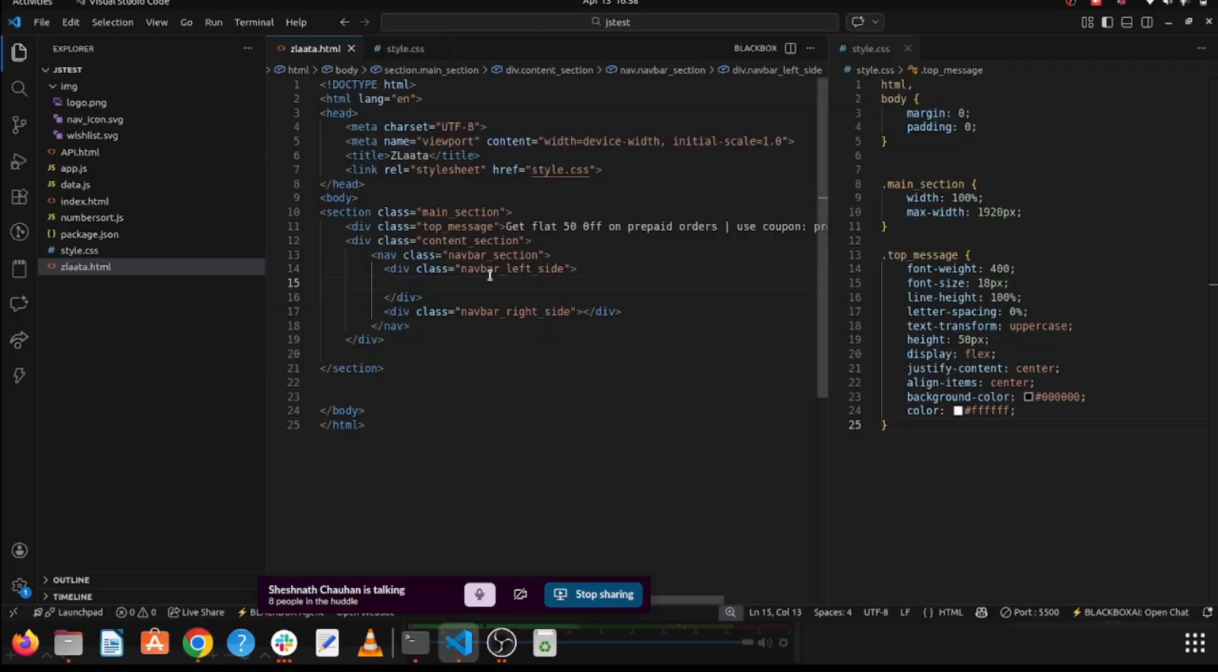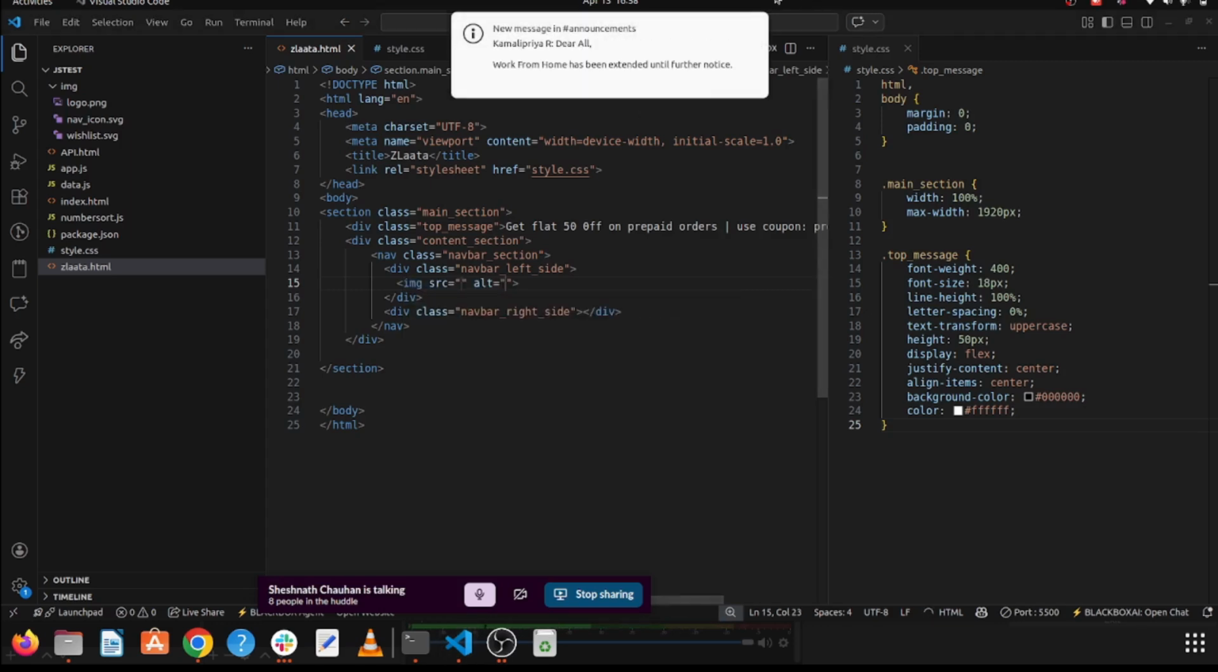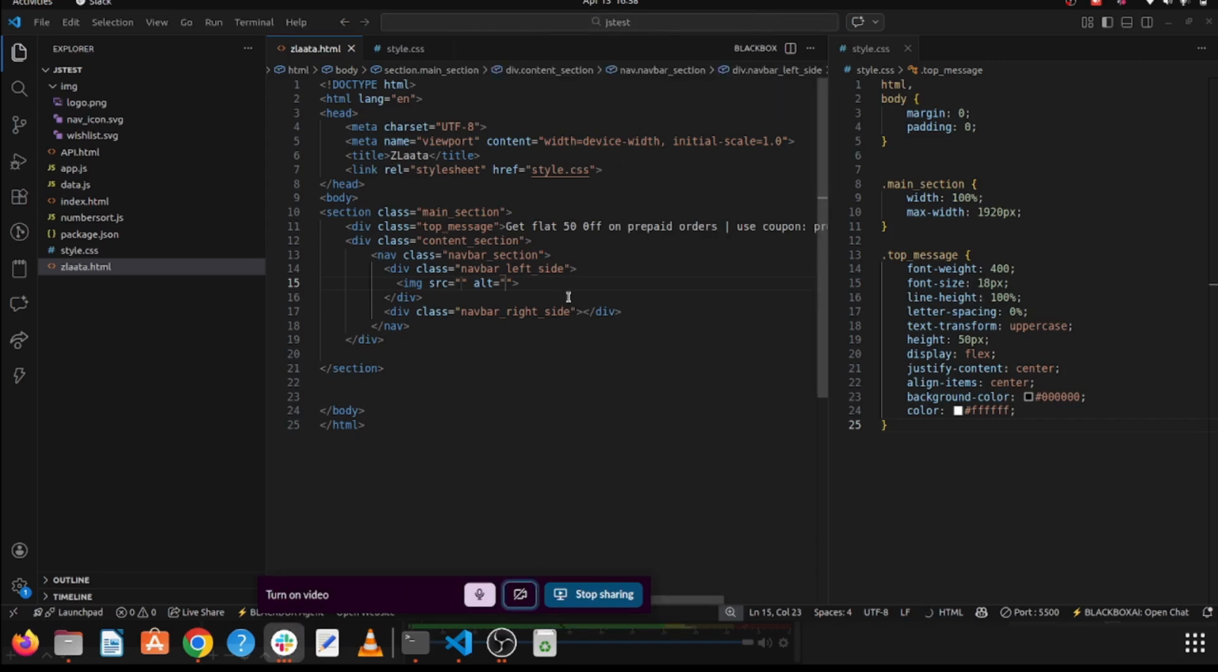So I'm going to take, if it was an icon, then we can take it as a picture tag, we can take it as an img tag, but it is not icons, so you can just take it as a picture tag. Okay, so